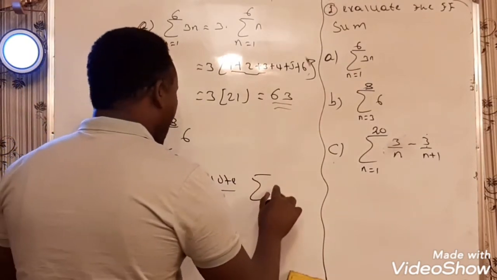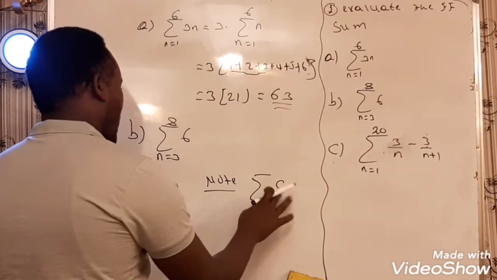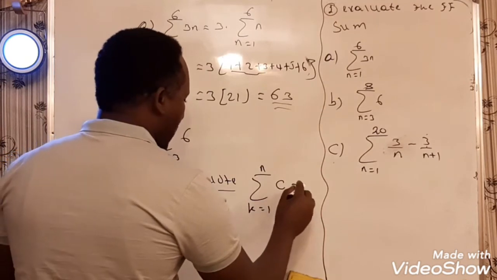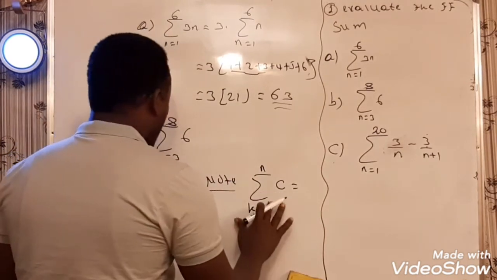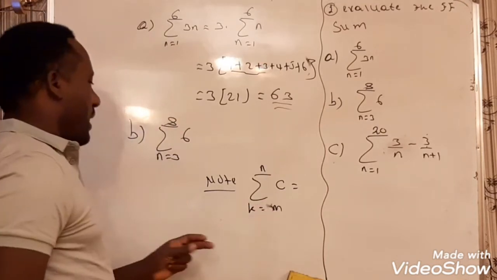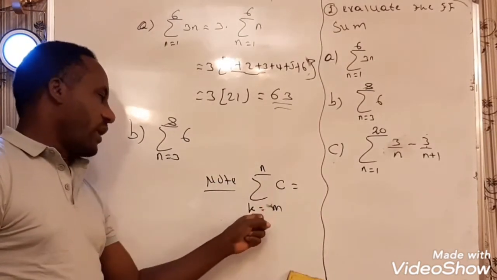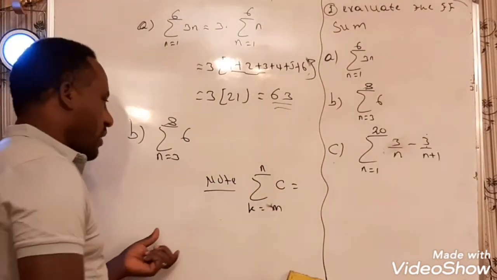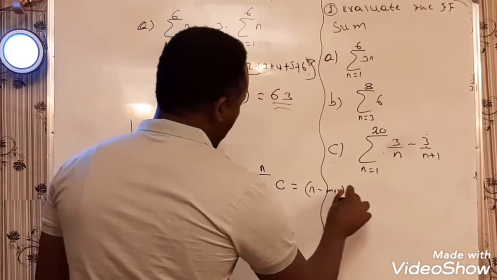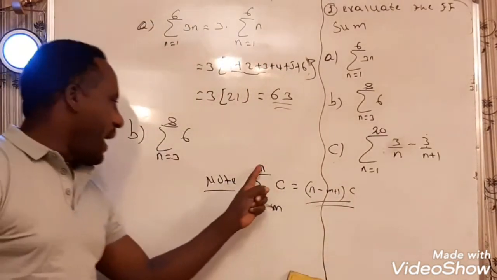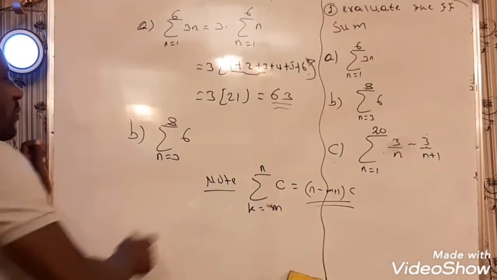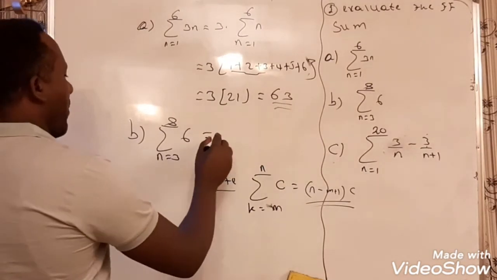The summation of any constant, if k is running from 1 to n, is generally given by... Let's assume that k is running from m to n. The summation of any constant c where k is running from m to n is always given by n minus m plus 1 times c. So this is the sum in general: n minus m plus 1 times this constant will be the summation. Because of this principle, this is exactly given by